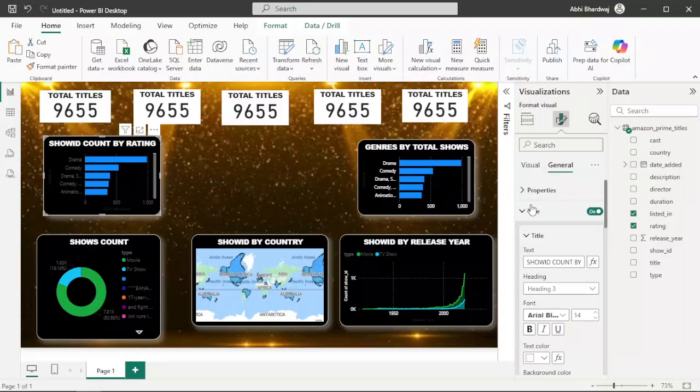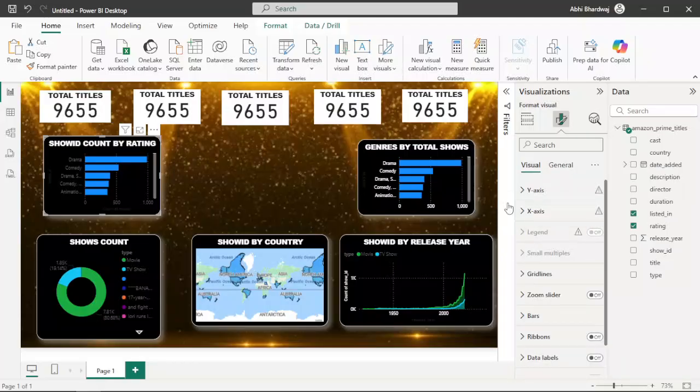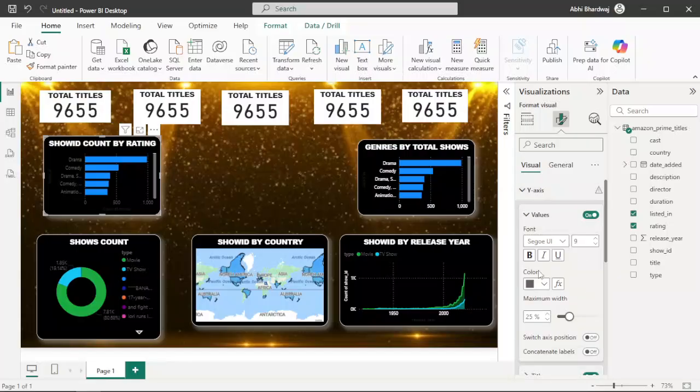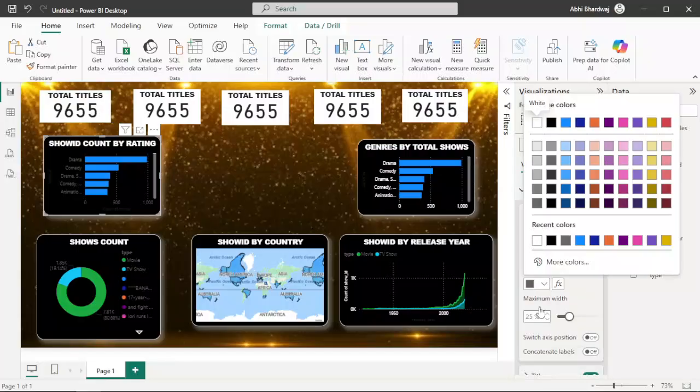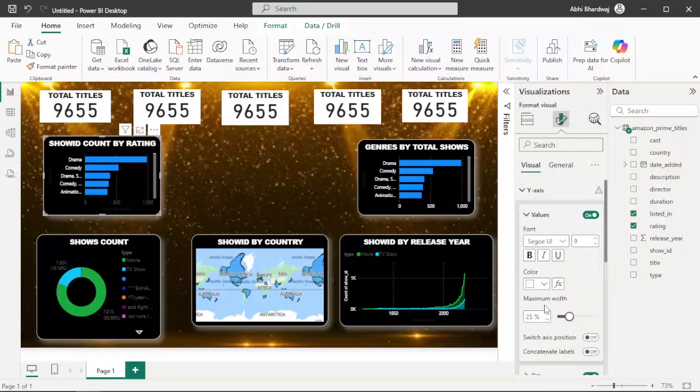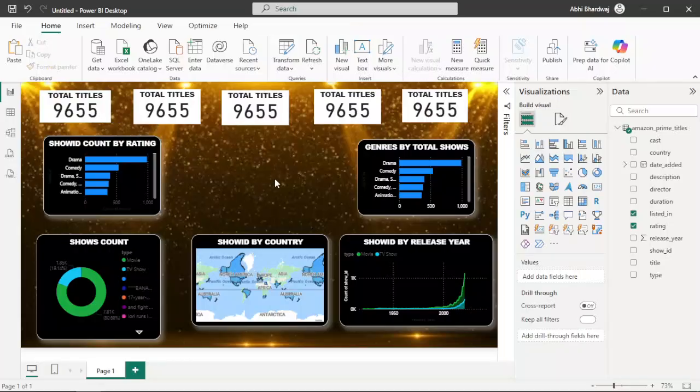Perfect. And the axis color should also be in white. Perfect. Okay, so now I think only KPI aesthetic is pending, so let's do that